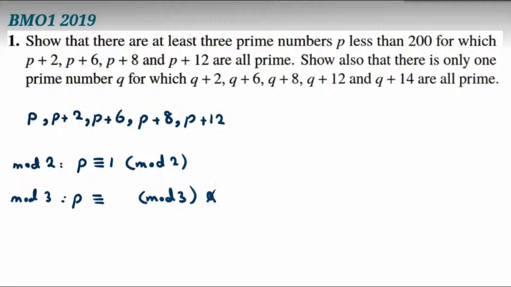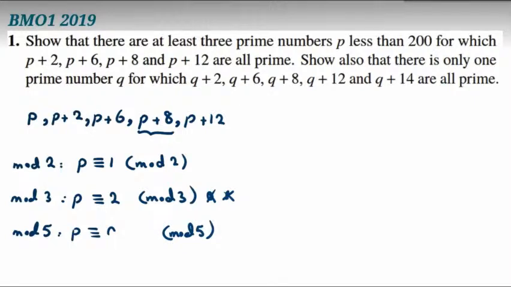If it is 1, then this part will be 0 mod 3, and it cannot be 3 because the previous number will be negative. So 1 is bad, so we conclude p mod 3 is 2 and it doesn't have a problem. If we consider mod 5, p mod 5,